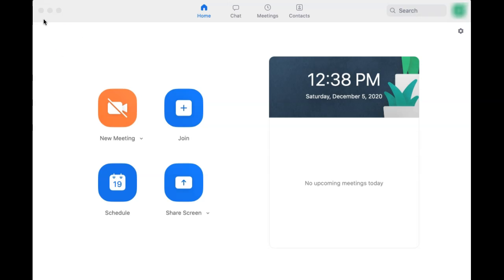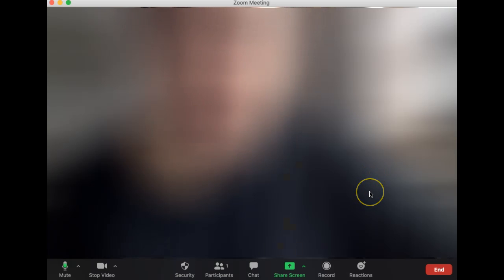So once you join your Zoom meeting, you have some options at the bottom of your screen with different controls. One of those options is Share Screen. If you're not the host of the meeting, there may be times that this button isn't available to you, and that's because the host settings has disabled sharing screen for other attendees. However, if it is available to you, just click the button,